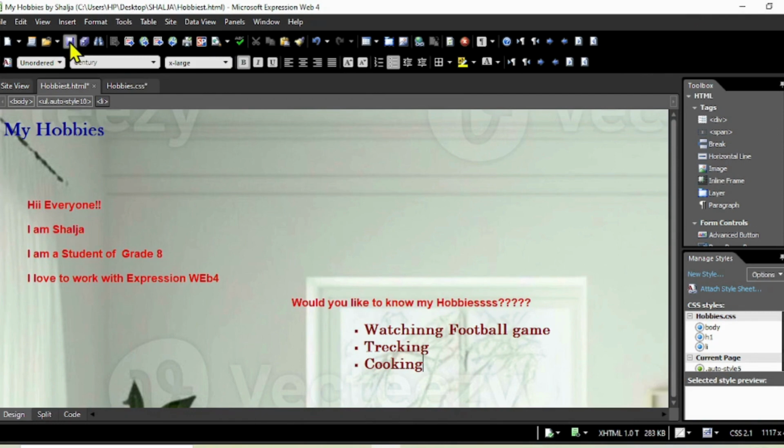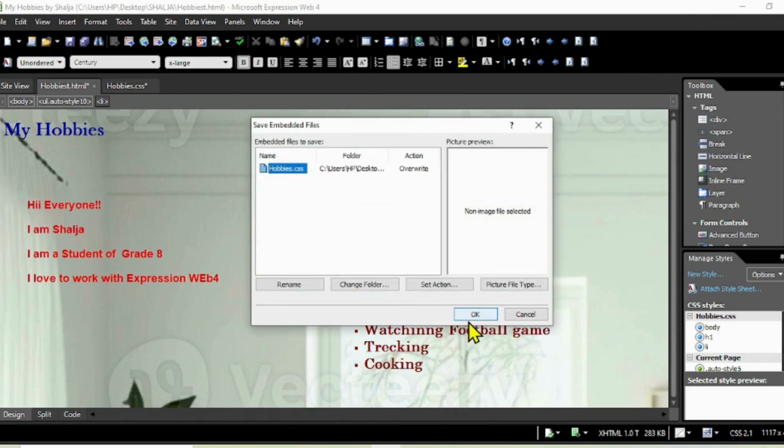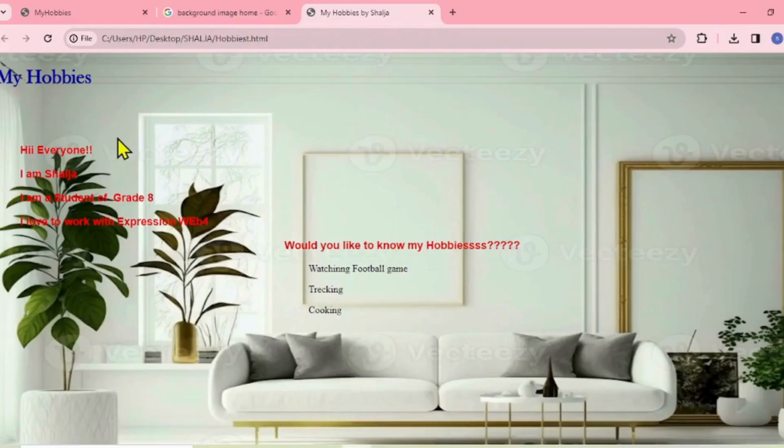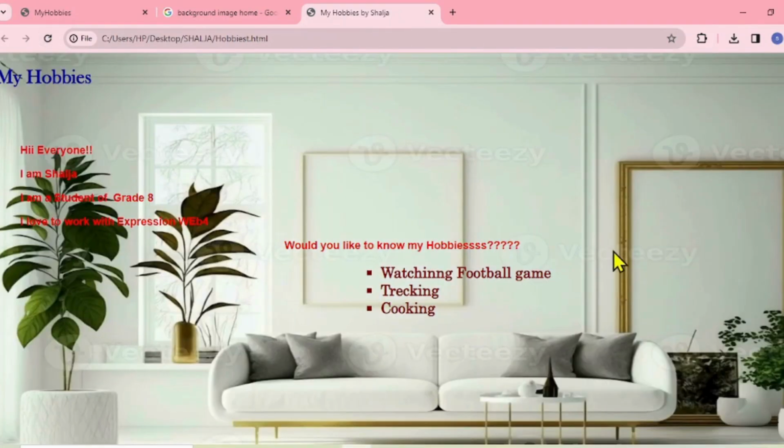Save your work one final time. Okay, now you can see that in your web browser. Look at that. This is the look of